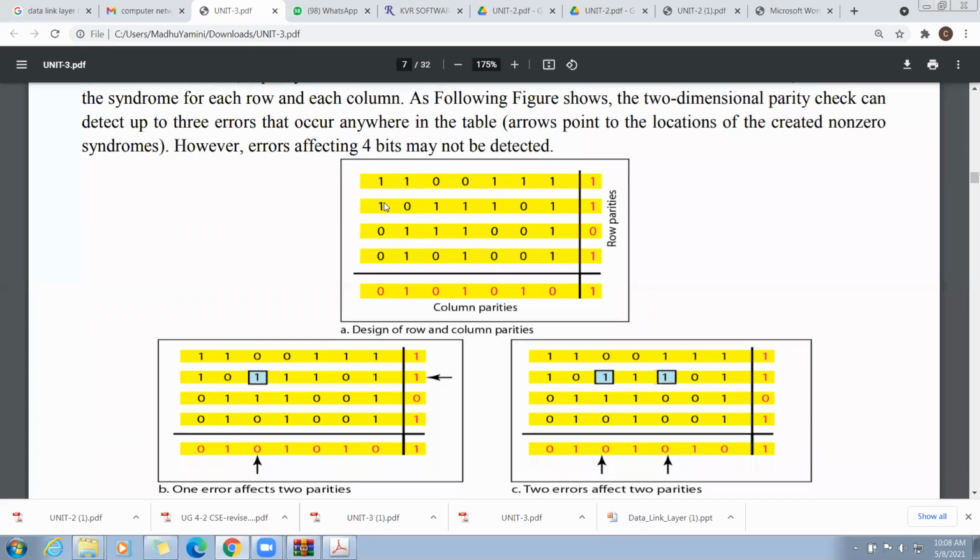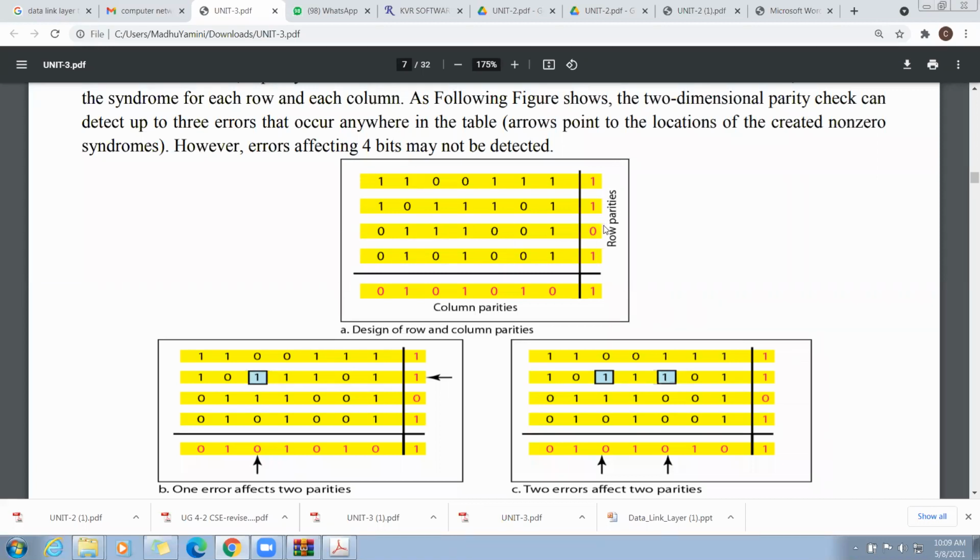After that, 1, 2, 3, 4 and 5. 5 means an odd number of ones, so to make the parity even, I have added 1. Next, 0, 1. Here 1, 2, 3, 4. We have an even number of ones, so I have added 0. Next, 1, 2, 3. There are 3, an odd number, so we have added 1 here.